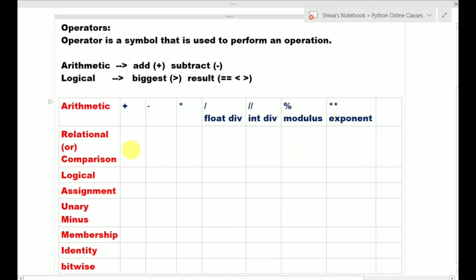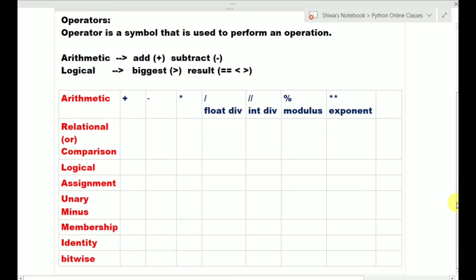These are the arithmetic operators provided by Python. Next, see what the relational operators are. These relational operators are used to compare two values. By comparing two values, we analyze which relationship exists between them. That's why these are also called relational operators.